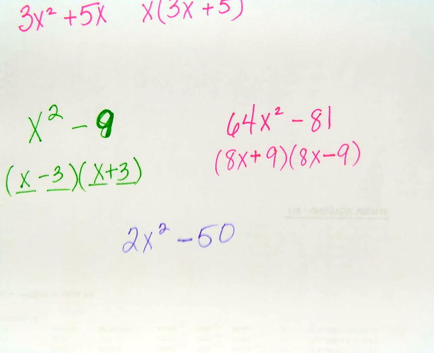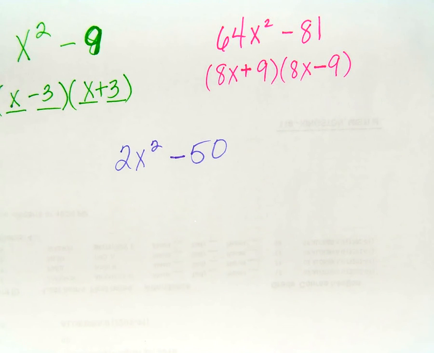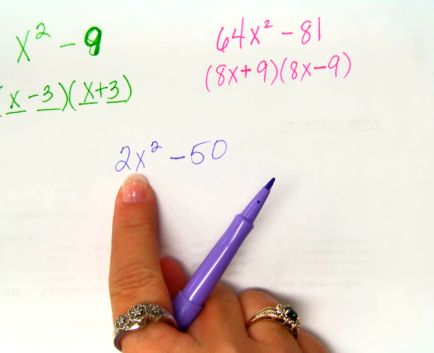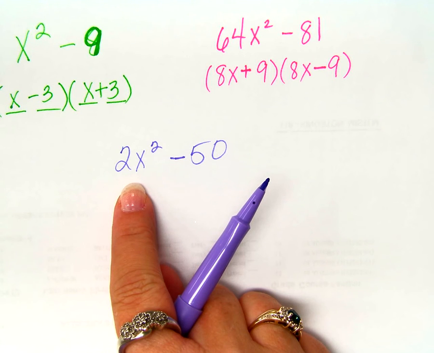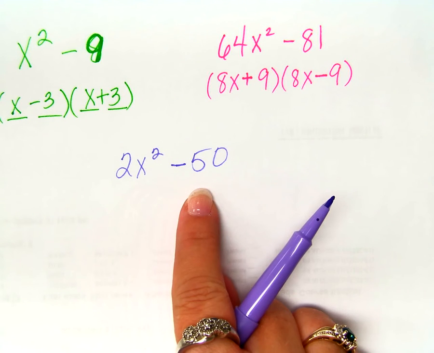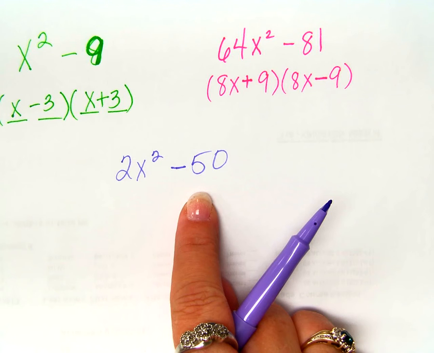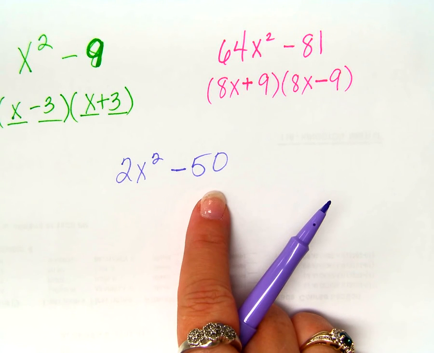2x squared minus 50. All right, so is that the difference of squares? Is it the difference? Yes, it's the difference. Is that a squared term? Yes? Then what times itself gives me 2x squared? Uh-oh. Is 50 a squared term? What times itself equals 50? It's not the difference of squares, is it? But